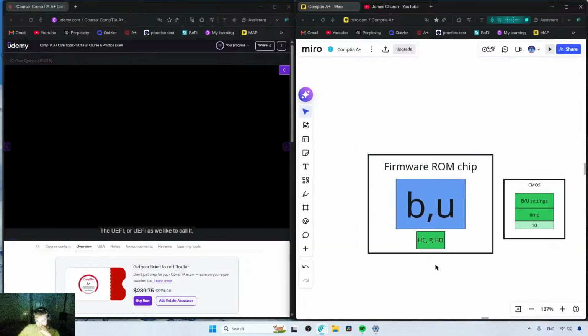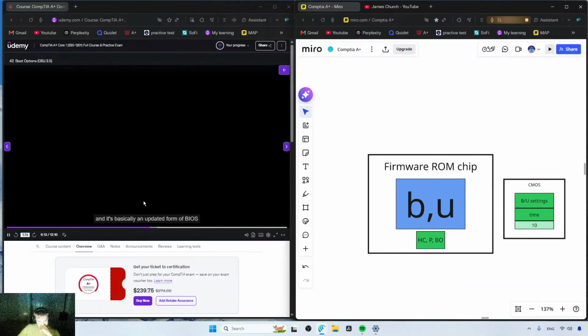UEFI, as we like to call it, is the Unified Extensible Firmware Interface, and it's basically an updated form of BIOS that allows both the keyboard and mouse as input, as well as providing a graphical user interface instead of that standard text-based menu. These systems tend to be more intuitive for you to use because they have that graphical user interface instead of a text-based menu system, and they still provide all the necessary functionality to configure your devices,